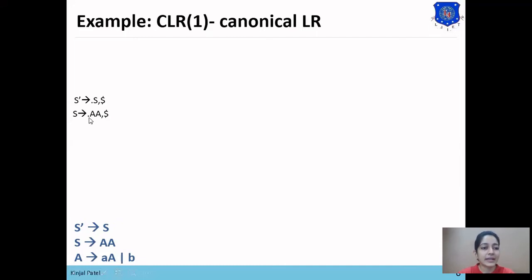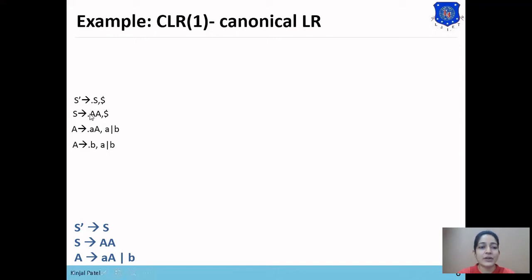Now in the second statement dot is present at the beginning of non-terminal A, so the production rules of A will be added in this set. So there are two productions, A derives dot aA and A derives dot b, added in this set. Here we have added lookahead a or b in these productions. How? These two productions have been derived from the production S derives dot AA, where dot is present at the beginning of A, that's why we have added these two productions.